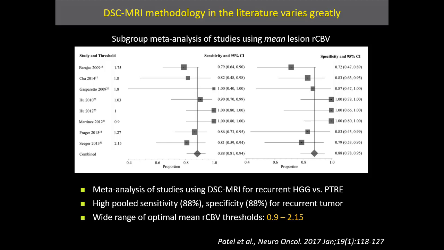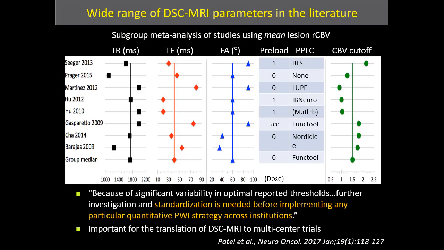So Patel performed a meta-analysis of studies using DSC for recurrent high-grade glioma versus post-treatment enhancement. And for the subgroup of studies that used mean lesion CBV as a metric, they found high pooled sensitivity and specificity of CBV for recurrent tumor, but a wide range of optimal CBV thresholds. And this variability is likely due to a wide range of DSC parameters that were used